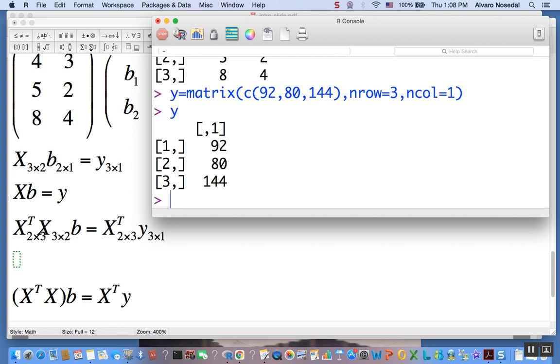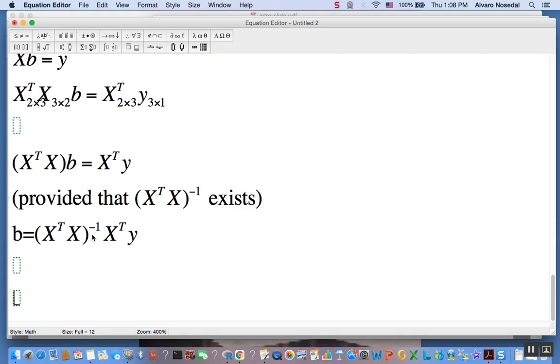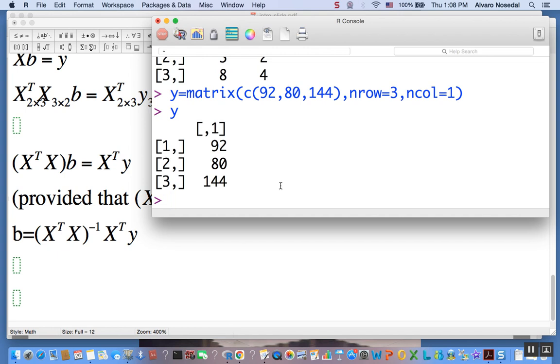Okay, then our solution will be given by this formula: X transpose X inverse times X transpose y. To make it easier, let me define a matrix called X star,